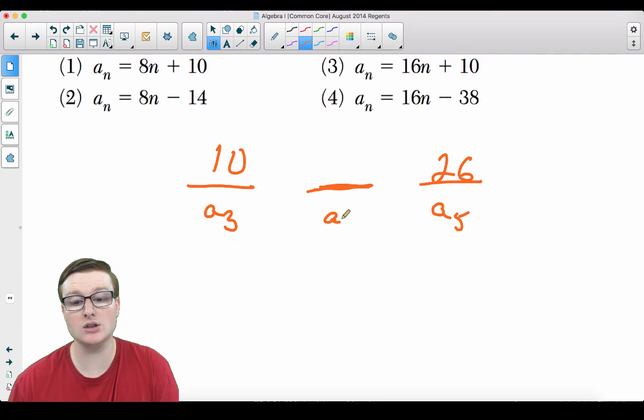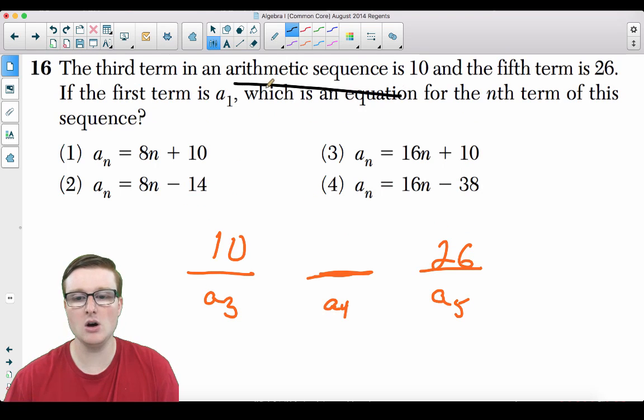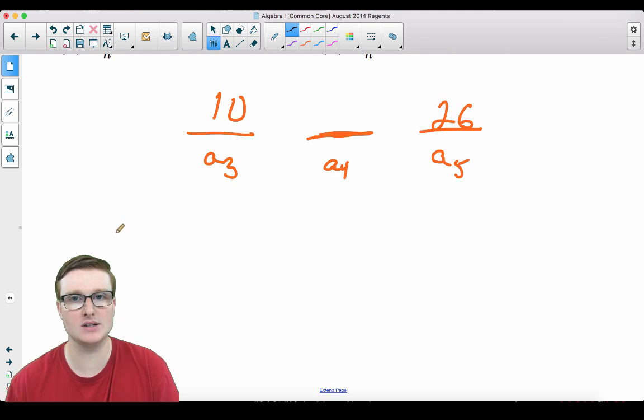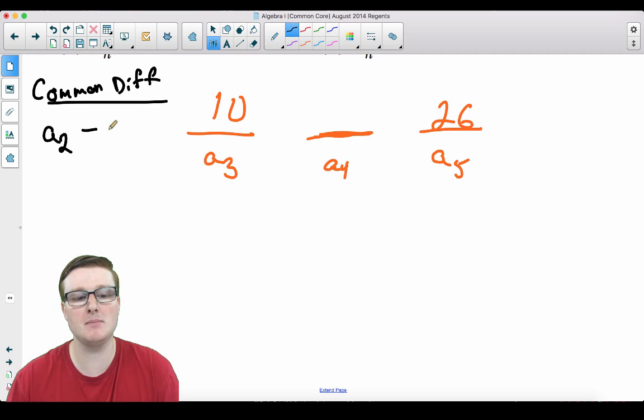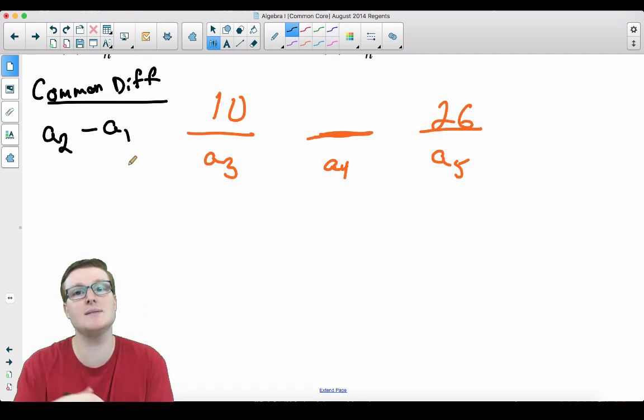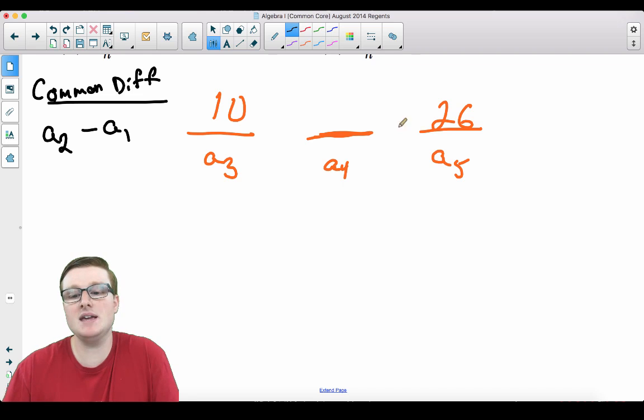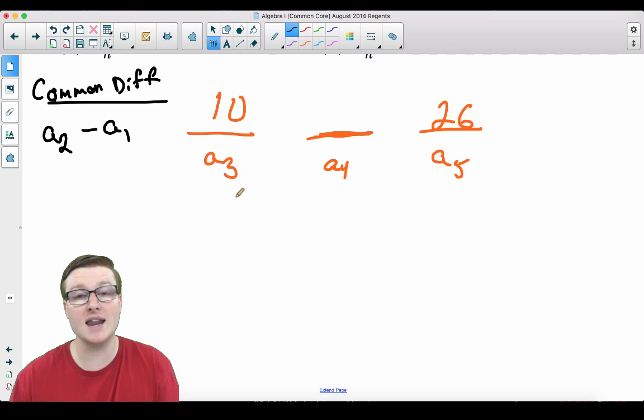We could calculate the fourth by doing this. We know it's an arithmetic sequence because they tell us. We know that an arithmetic sequence has a common difference. I hope that you know by now that in order to calculate the common difference of a sequence, that is your second term minus your first term, or it's just the right minus the left. So it could be a sub 5 minus a sub 4, a sub 4 minus a sub 3. It could be any of those